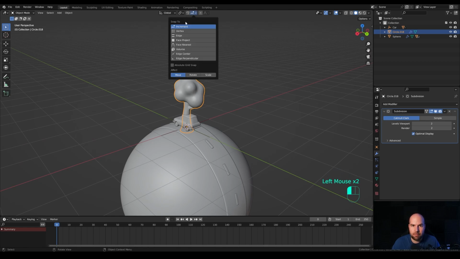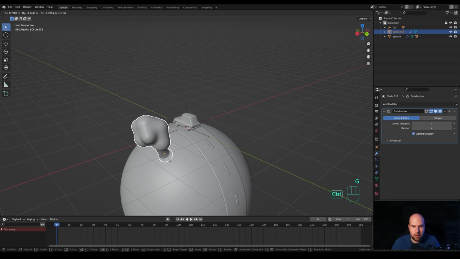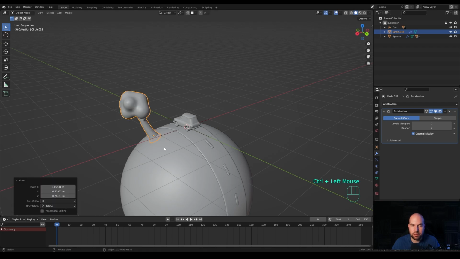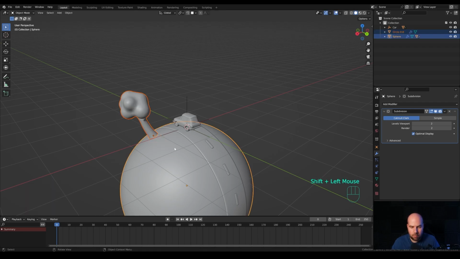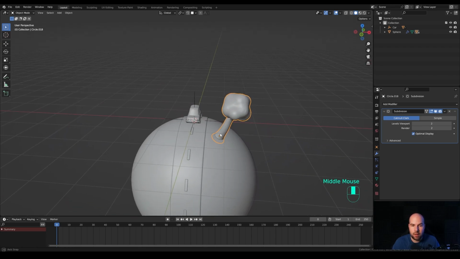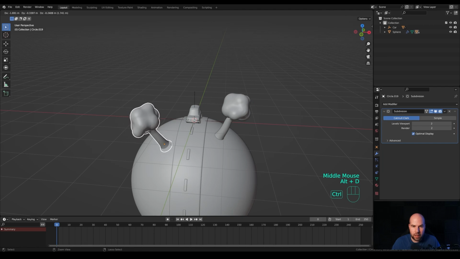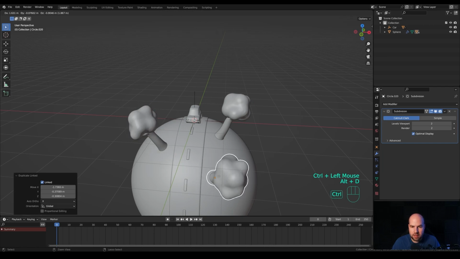And now let's just go to the snapping options, choose face project and choose align rotation to target and project individual elements. So now if you press G and hold Control, you can just snap this around like this, and that's exactly what I'm gonna do right now. But before I do, I will hold shift and select the sphere, press Ctrl P and parent the object, because now if you duplicate this, every duplicate will be parented as well, and it will save you a lot of trouble. So let's press Alt D and duplicate some on the other side like this,